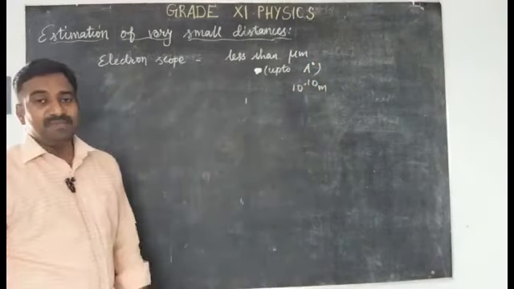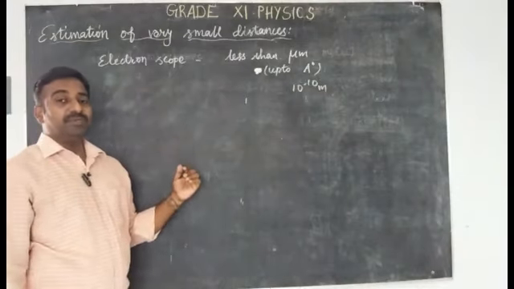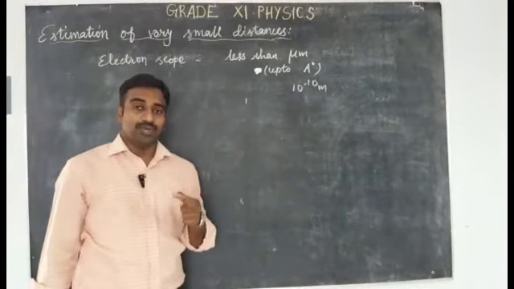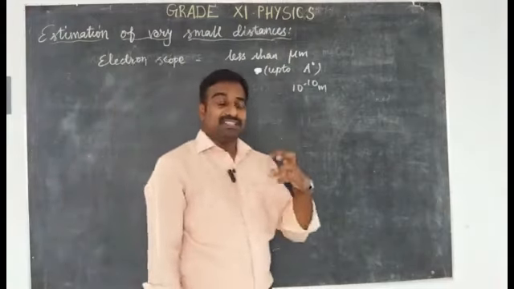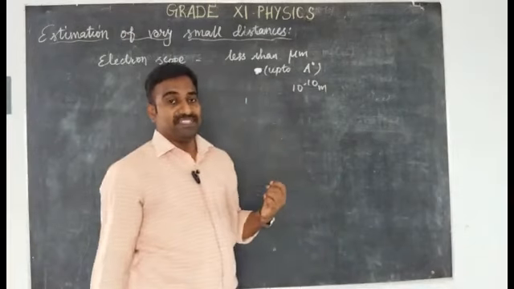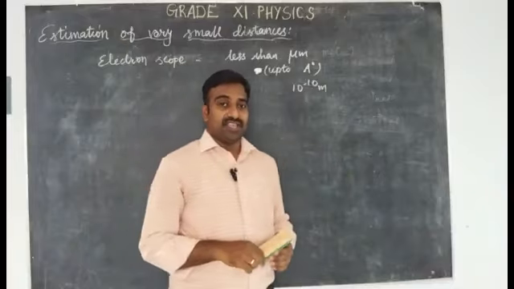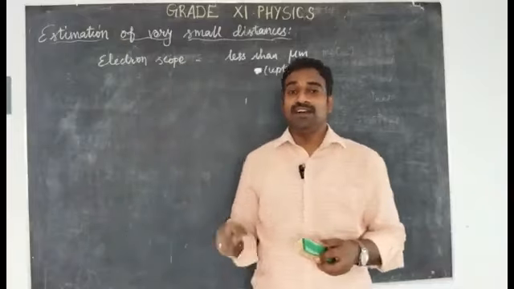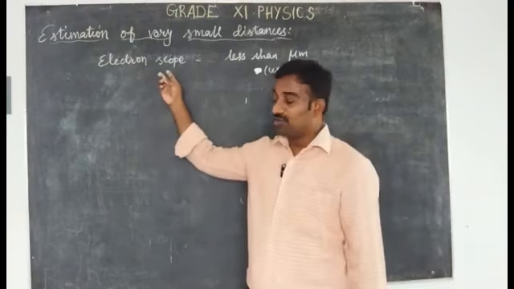So how are electron beams used? Instead of visible light, they use electron beams, but directly we cannot observe through our eyepiece. So in this electron microscope, there is a detector that receives the scattered beam from the specimen. Then that will analyze it in detail. Then finally it shows on the display. We may take it in the form of a print, or else we may observe on a display. So that is a very important thing in the electron microscope.